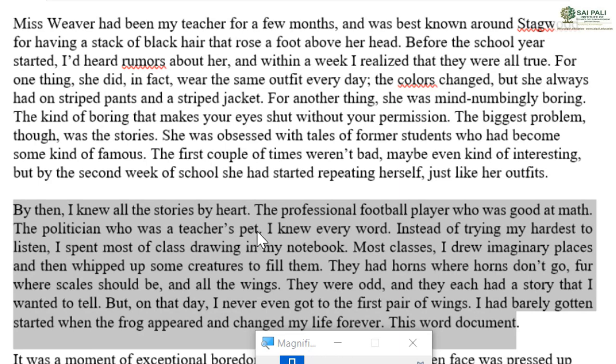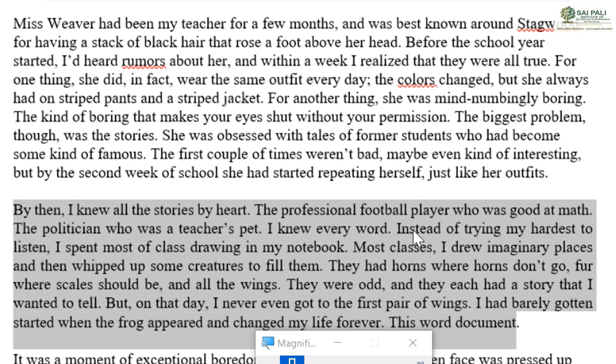Because it increases the space between the words. Look carefully: after "pet dot I" and "I know", you have lots of extra space there. And you see "professional", "football" and "player", those words do not have that much space. After the word "dot" there is a slightly bigger space than between these two words.